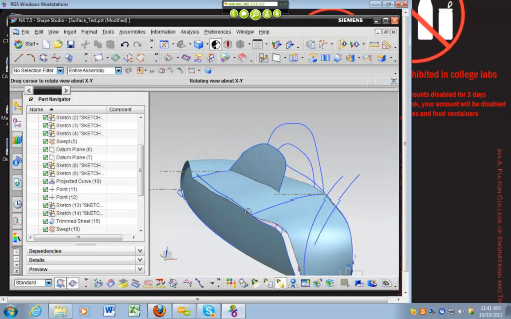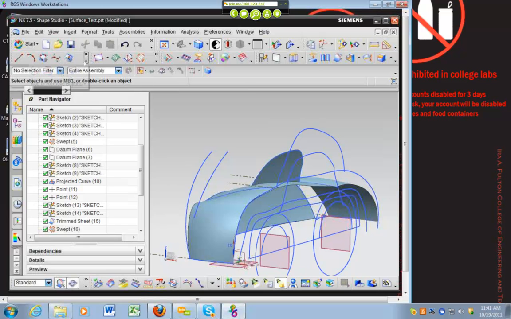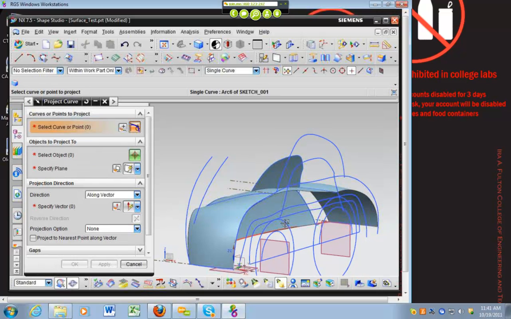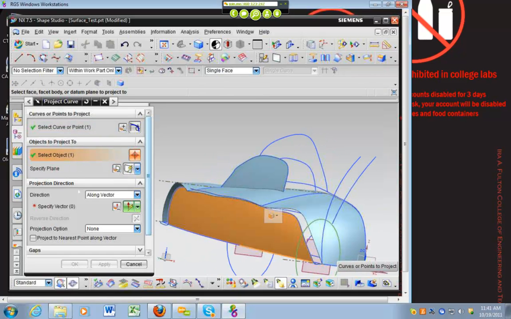You can go ahead and also trim out some of the wheels. So if we project this circle onto this surface along a vector in the negative x direction,